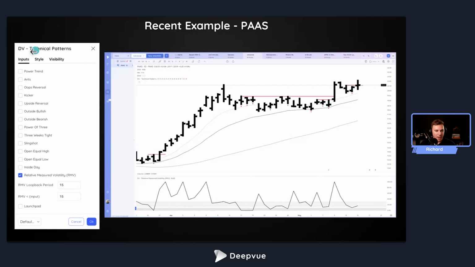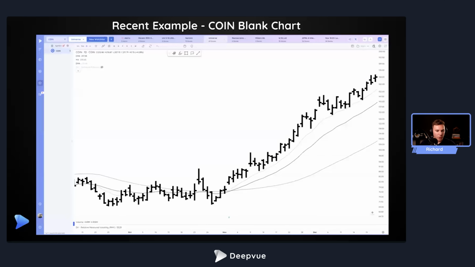So we also have this proprietary Deepvue technical patterns indicator, which has a lot of different indicators, but what we're using it for here is to highlight RMV when it's below a certain level right there on the charts for you, which is super helpful. Here's an example of Coin from last year. If you just look at this move up the right-hand side of the base, this decline down and then start to move up, it's not that easy to spot